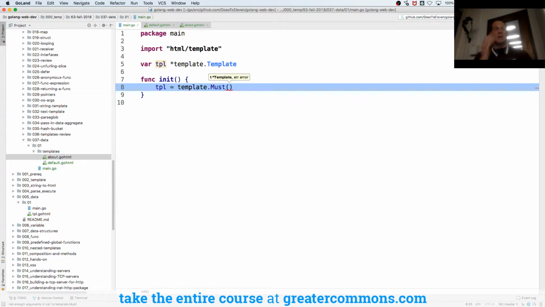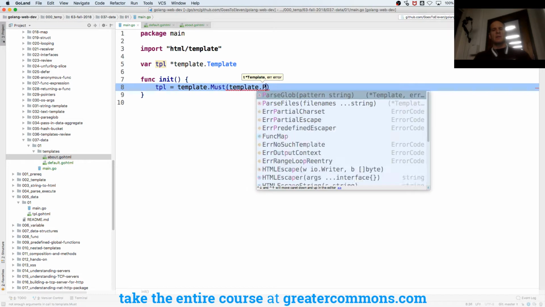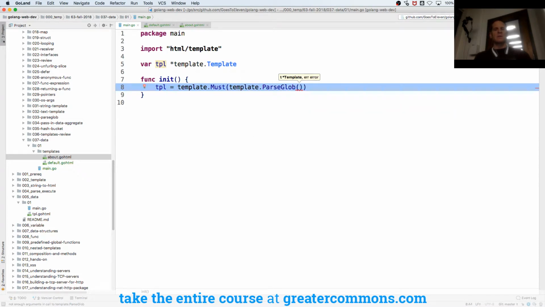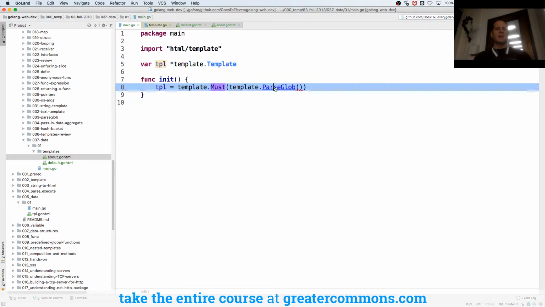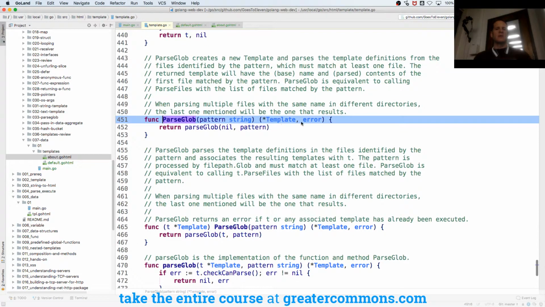And template.Must takes in exactly what template.ParseGlob returns, which is something of type pointer to template, and an error. And ParseGlob returns a pointer to a template and an error, and Must